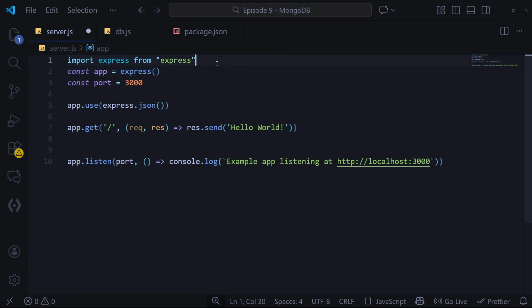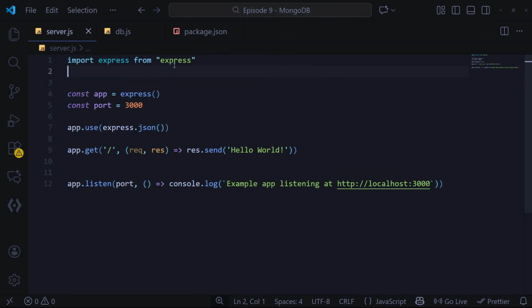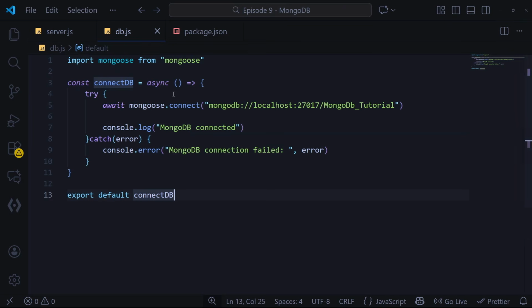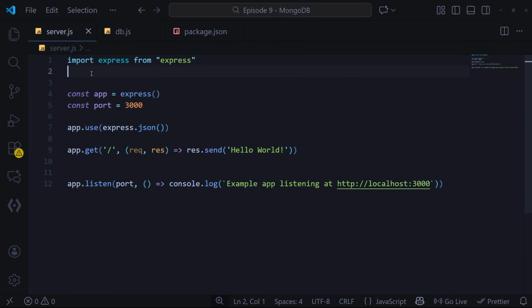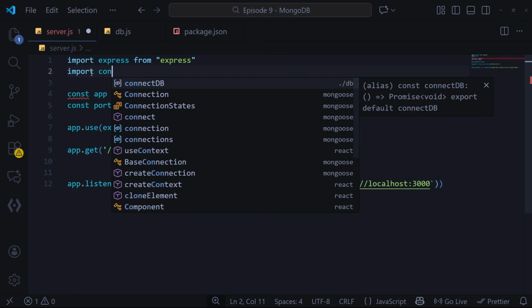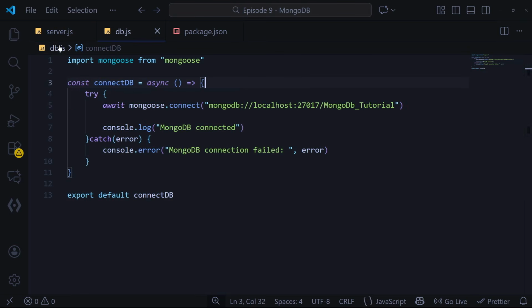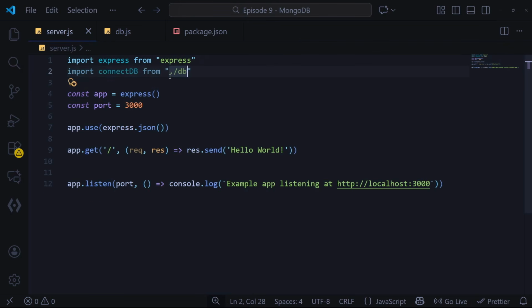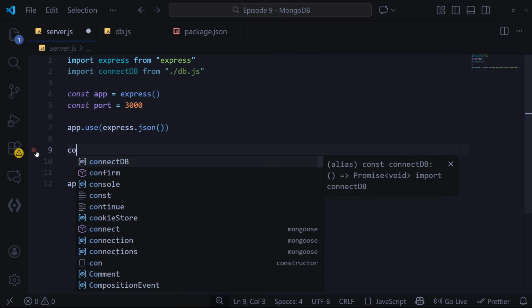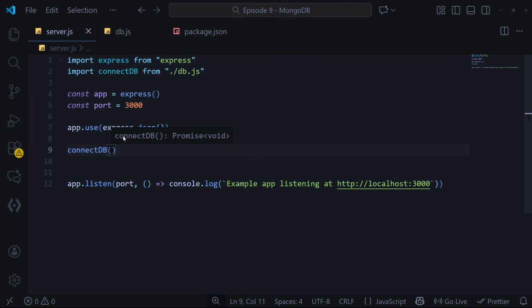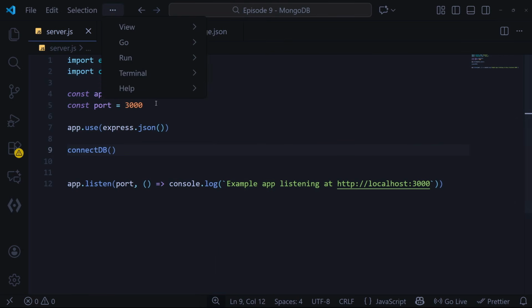And now what I can do is do the same thing. Here I can import our JS file, which is this right here. I need to do import connectdb from /db, right? I also have to put .js here, otherwise it will not work. I'll cut all of this, right? I'll cut this port and just say connectdb. I will call this function that basically we made. And now we'll basically do